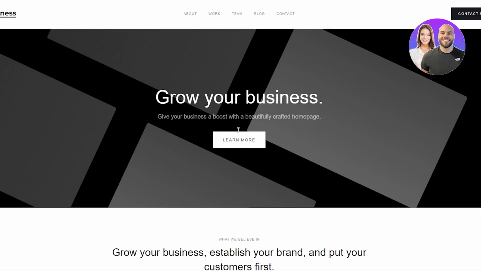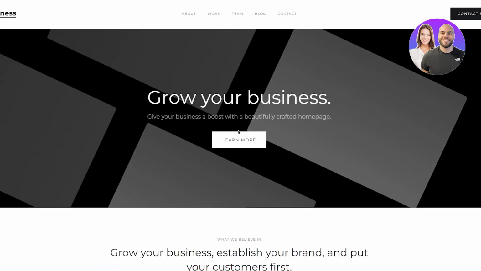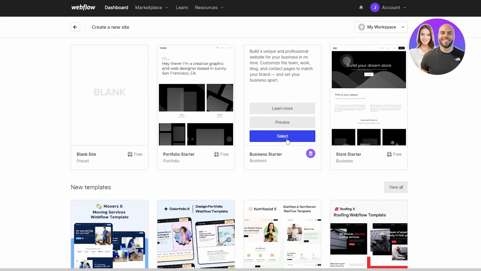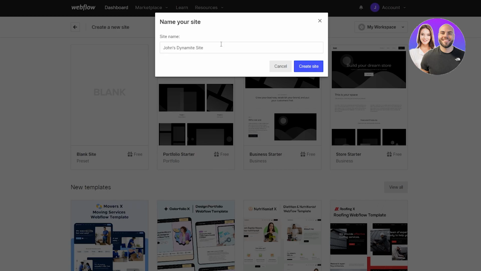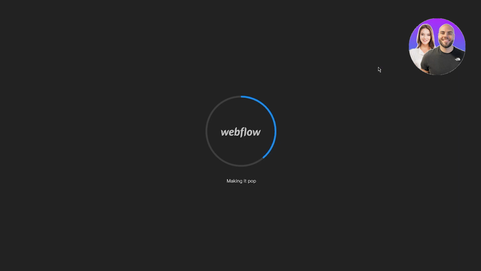And same for you. If you're going with a template, go ahead and preview it first. If you like what you see, then and only then will you go ahead and select it. Once you select it, you're going to choose the site's name. Once you've chosen the site's name, you're going to click on create site. Okay, now once you're here,